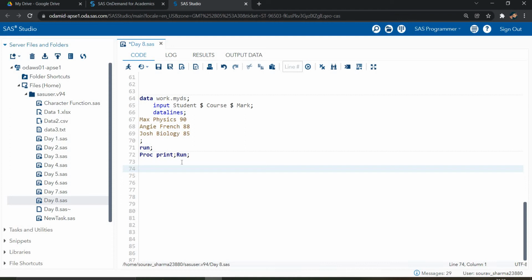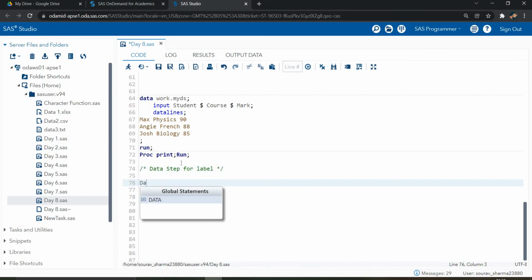My data is already there, so how do we give the name? First we use the data step for label. In the data step, let's see how we use the label statement.